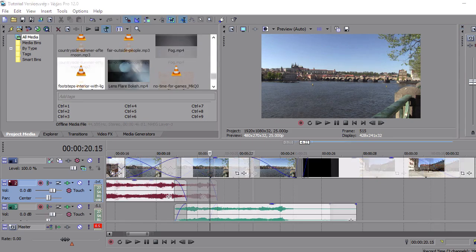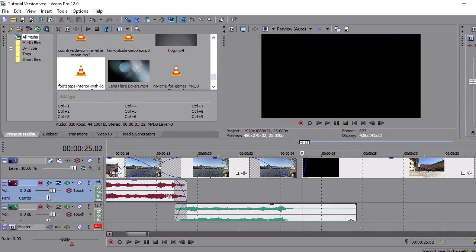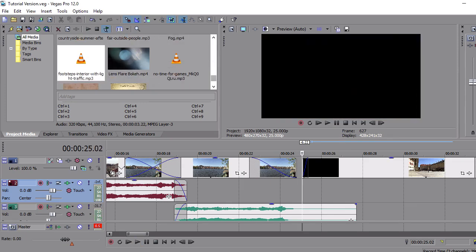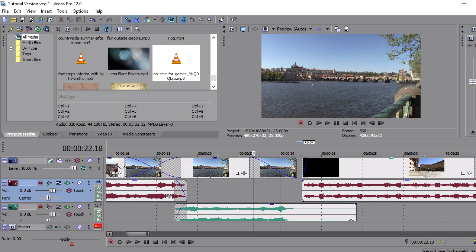And then when we move to this sequence here with the time lapse in, then we're going to need something a little more up tempo because that's when we change to the more up tempo elements. So we'll take this track here, drag it down there, and we want that to start as soon as the visuals change. So the crossover should be